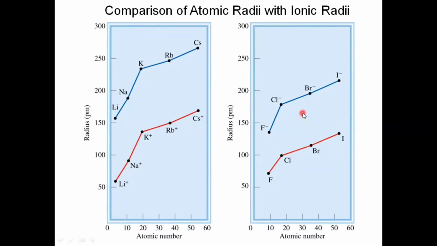While in the case of anions, they have size greater than the neutral atom because they have additional electrons in the shell, and this additional electron causes repulsion between the electrons because here there is an imbalance of protons and electrons. Protons become less than electrons and electrons are negatively charged, so they repel each other, and as a result of this repulsion, atomic size increases or atomic radii increase.